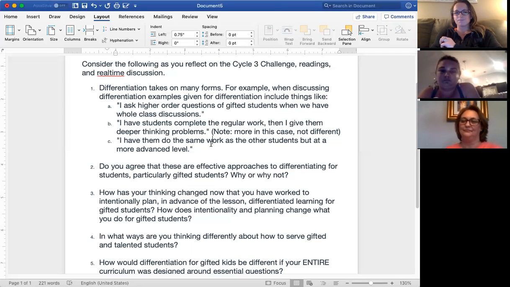So you guys think that, where we already are, do you think those are effective approaches for differentiating gifted students? Or do you think that there's room for improvement? I struggled with, after reading about depth and complexity, am I giving them busy work or am I really challenging them? I'm really doing a mind shift with that now, and just really thinking, okay, is that going to challenge them or is that just going to keep them busy?